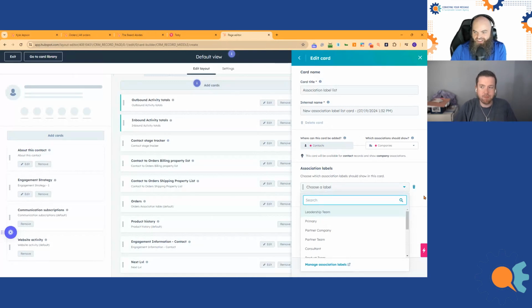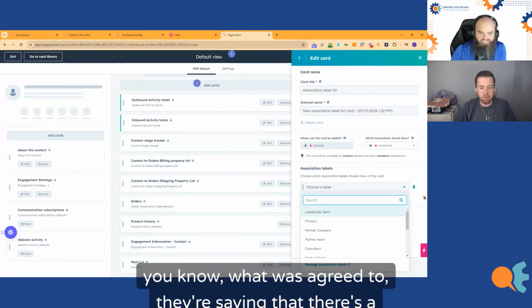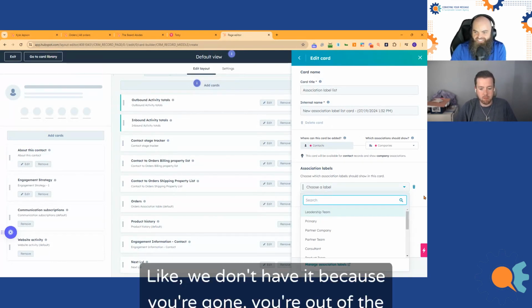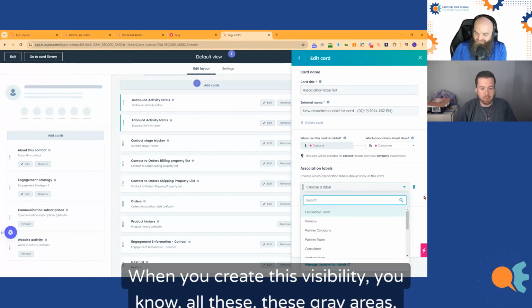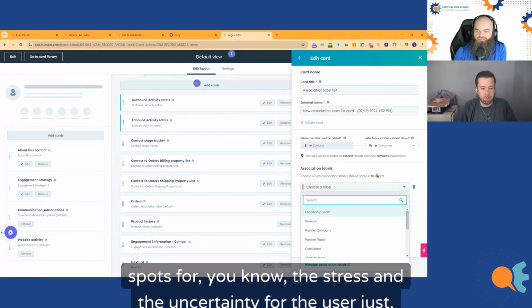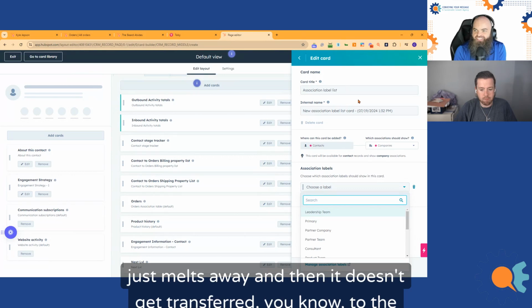I don't know what was agreed to. They're saying that there's a discount. We don't have it because you're gone. You're out of the office, right? When you create this visibility, all these gray areas, the stress and the uncertainty for the user just melts away, and then it doesn't get transferred to the customer experience.